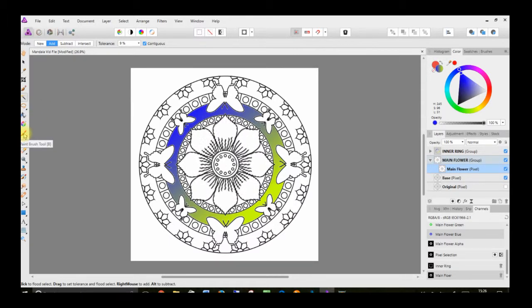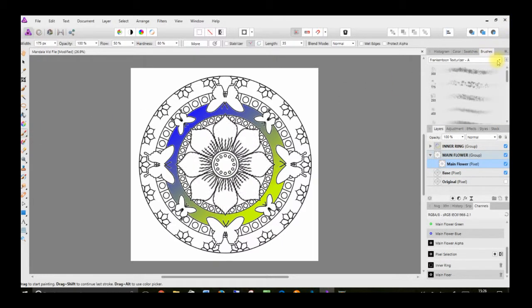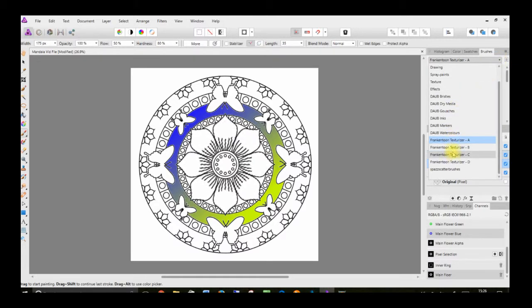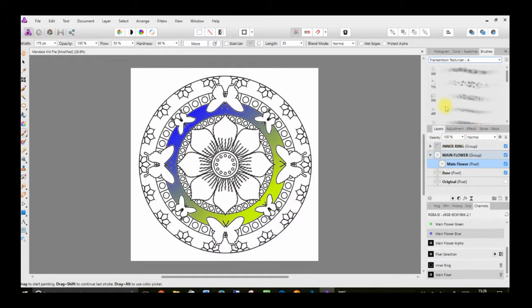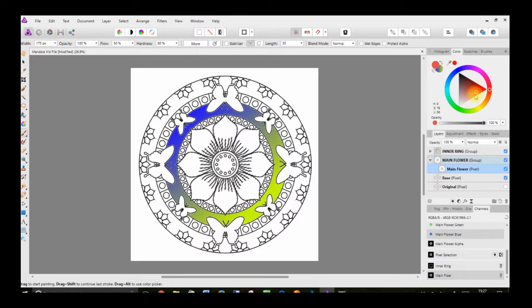Okay, so where do we go from here? The next thing I'm going to do is select the paintbrush tool, and I'm going to come over to my brushes, and you will see that I've got some brushes from Frankentoon, which I downloaded when I upgraded my Affinity Designer, but these brushes work perfectly well in Photo. The one I particularly like is this one because it just produces such a nice effect. I'll go to the colour, make sure that I'm on this nice deep red, and I will just paint some spots over